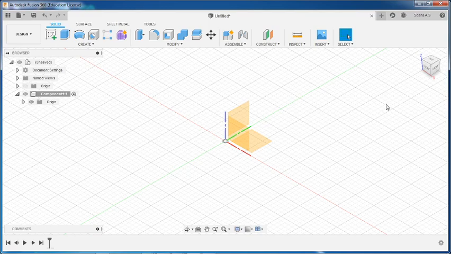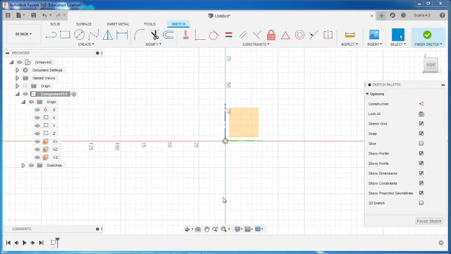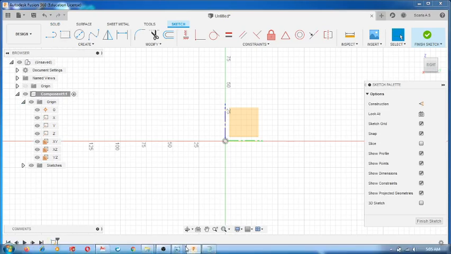Otherwise you can see it this way also. This is x-axis, this is y-axis, and this is z-axis. So this plane will be YZ plane. So you can go here, select YZ plane, right click and create a sketch. So we are going to create a